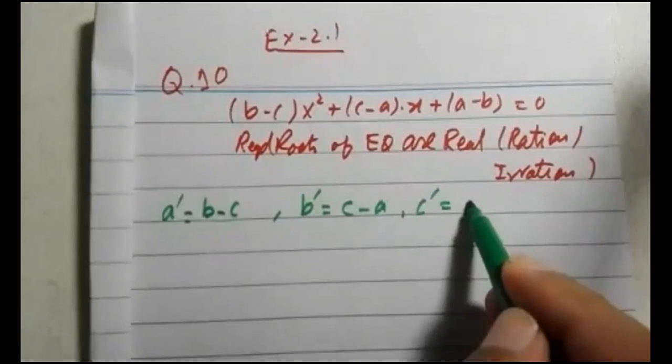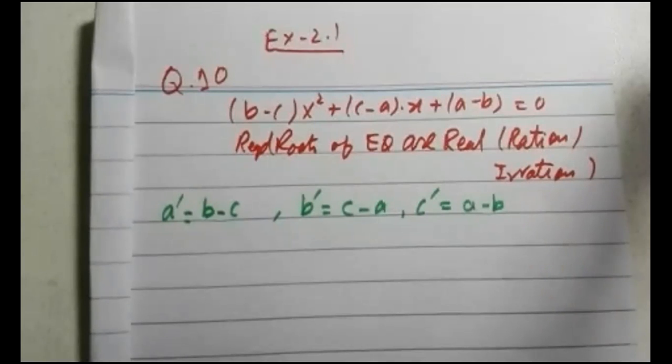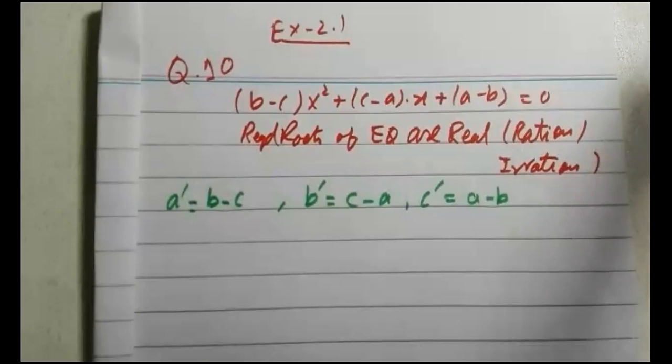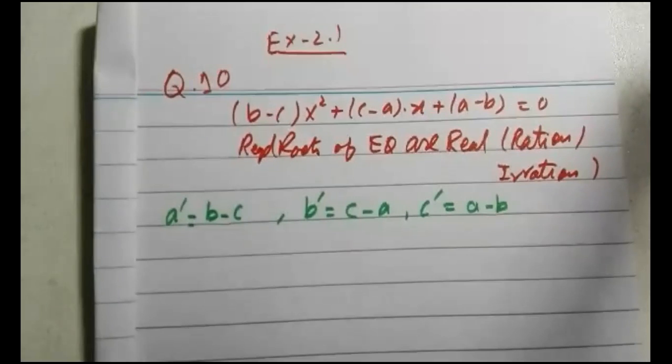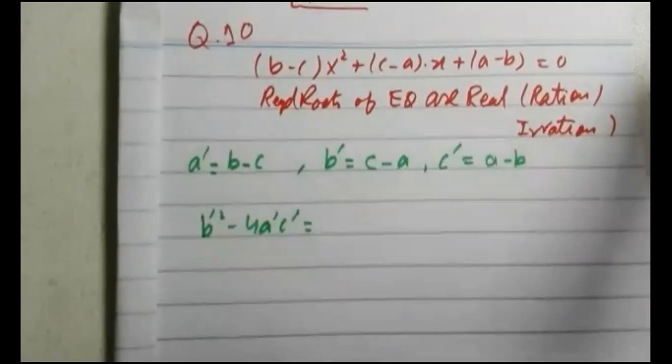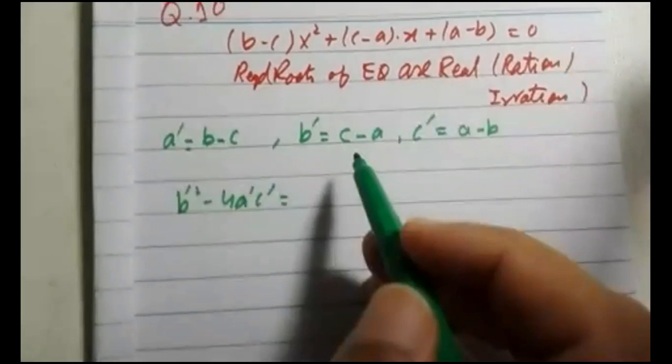Separate the constant and the coefficient from ABC from all of these terms. Wait for a second. And as usual, we will start working with the discriminant value, that will be b dash square minus 4a dash c dash. This is the discriminant. And now what we will do is start substituting values, like b dash